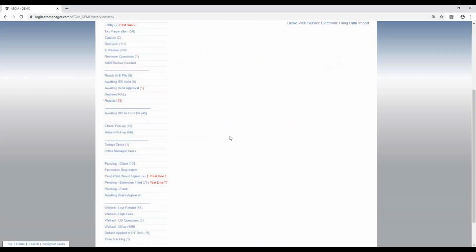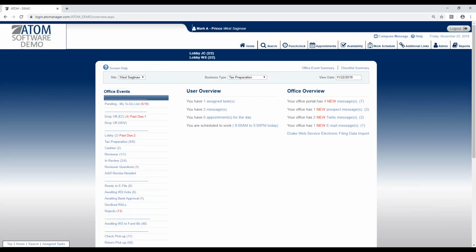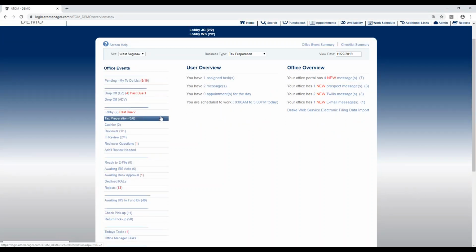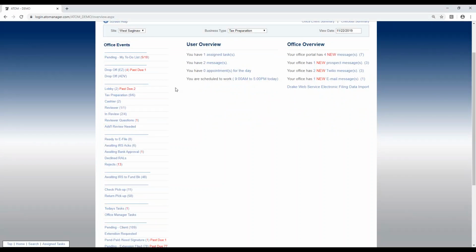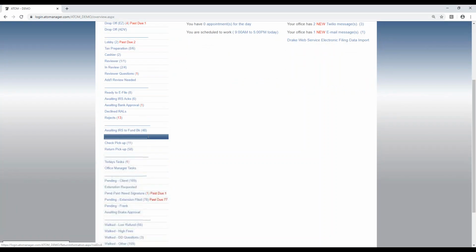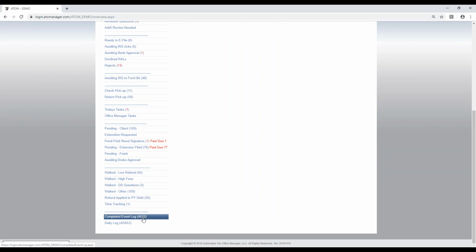All right. So now down here, this office events section is like a snapshot of everything going on in your office. So if you do 1,000 tax returns, if they're all in your office, have already come in, they'll be somewhere on this page, either drop off, maybe they're in pending, they're in return pickup, they're in extension filed, or they're all the way down here in completed. So it's just a way of tracking everything that's going on in your office. I can see I have 109 sitting in pending client. I just click on that link,